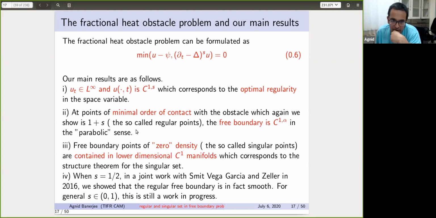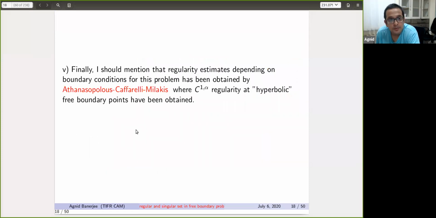Now, when s equals one half, in an earlier joint work with Mariana and Andrew Zeller, we were able to show that the regular free boundary is smooth. For general s in (0,1), this is still a work in progress with Arshak, Nicola, and Donatella. Finally, I should mention that some global regularity estimates, which depend on the boundary conditions, were earlier obtained by Athanasopoulos, Caffarelli, and Vazquez,